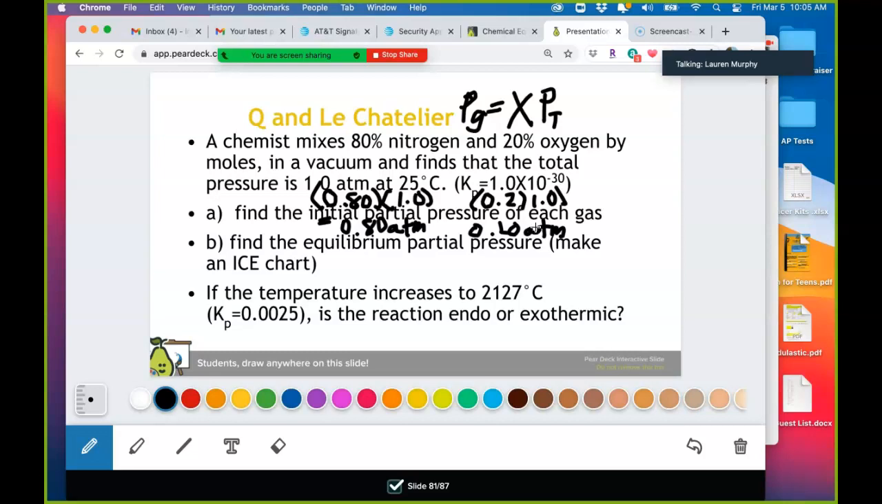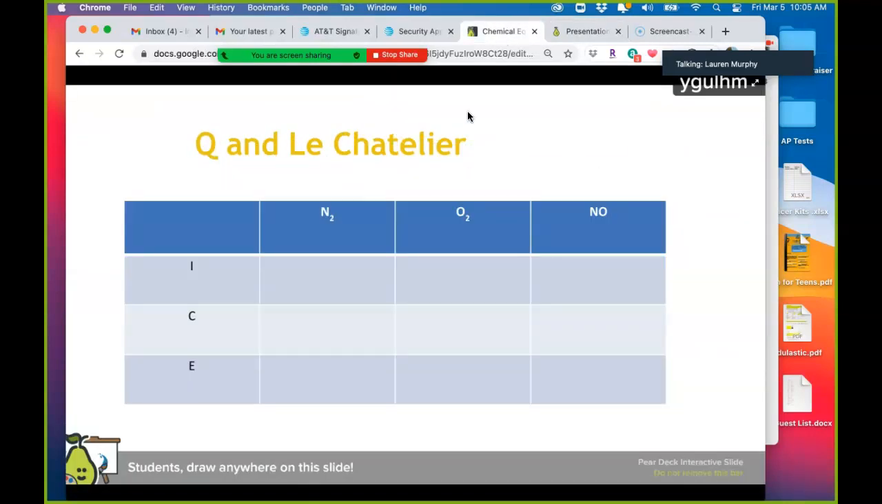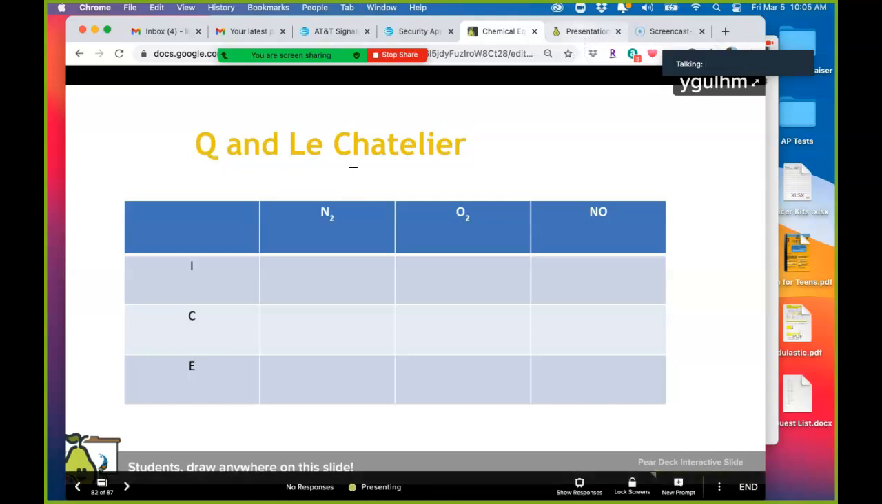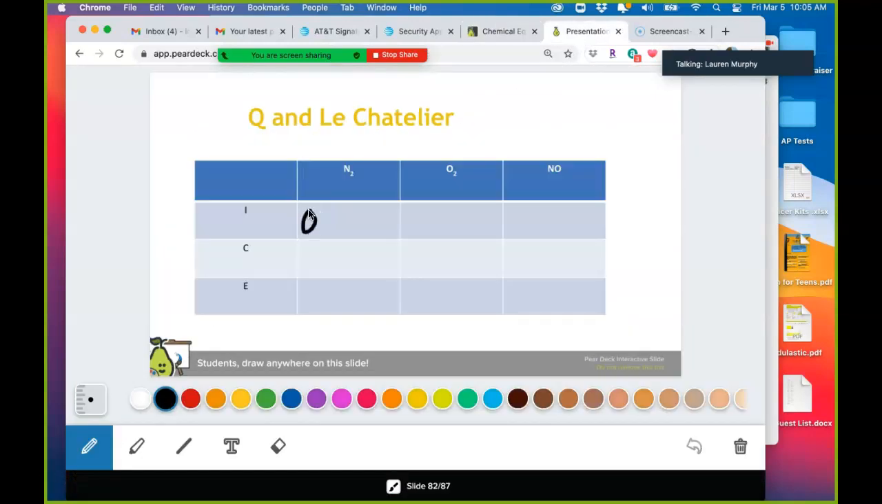Now, they give you K at this temperature, 25 Celsius, and they ask you to find the equilibrium partial pressures. Well, if you give an initial and they ask you for equilibrium, ICE charts are helpful to organize our information. So on the next slide, I have an ICE chart kind of drawn out for you. So this is 0.8